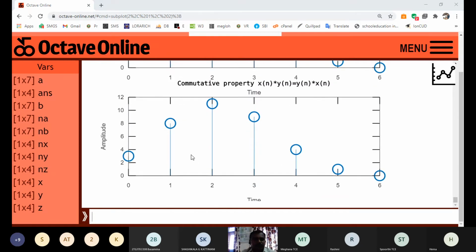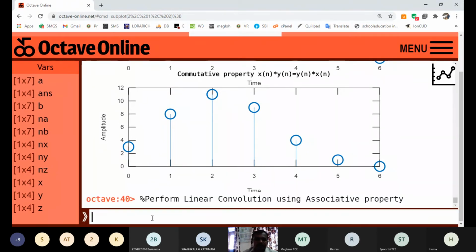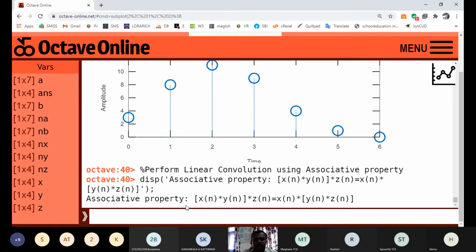Then go for another property, the associative property. Here it is dealing with 3 signals. We have already calculated the convolution of X into Y and Y into X. Then it is linear convolution using the associative property. What is the associative property? Let me display that one. This property talks about associativity.